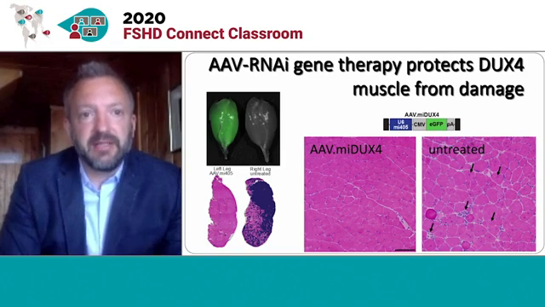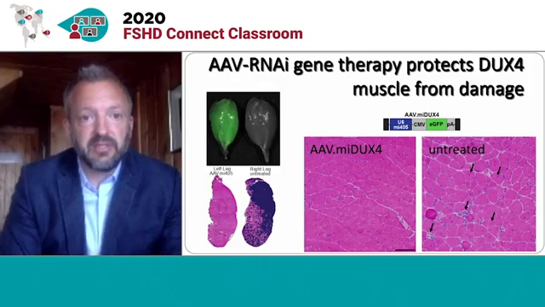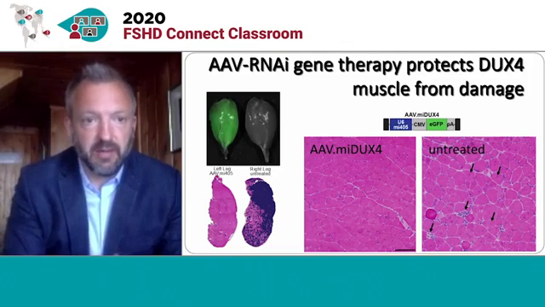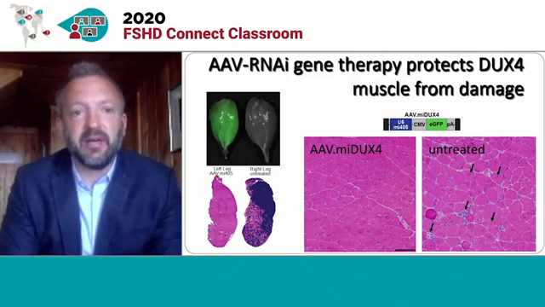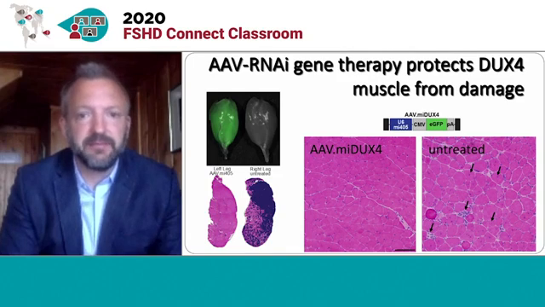And then finally, we look in mice. And in this experiment, we've taken our mouse model that we've developed that expresses FSHD or expresses DUX4 and has FSHD-like symptoms. We've packaged our microRNA inside an adeno-associated viral vector and then injected one of these mice in one leg with the effective treatment, and then the other leg we left uninjected, or we injected it with saline. And then we let these mice age and turn on DUX4,